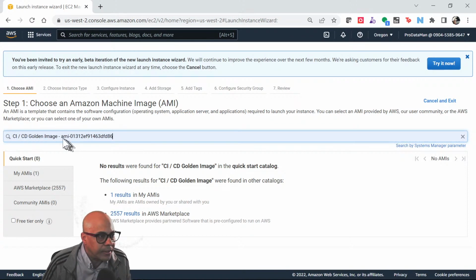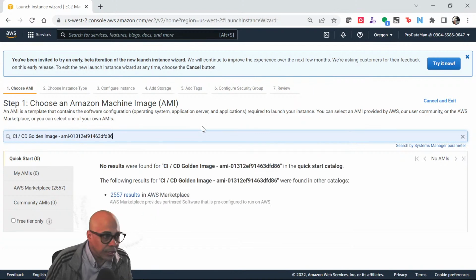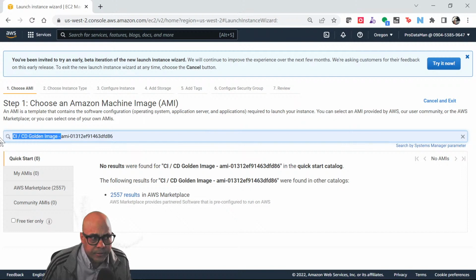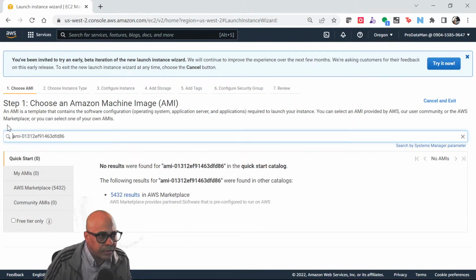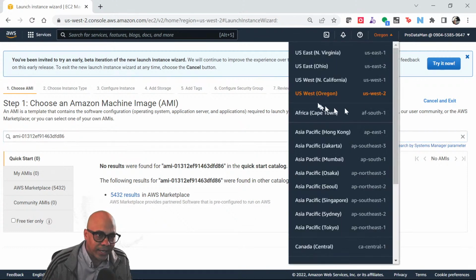Let's try that one. If this works, I'll drop this in the chat window. No? That's weird. I'm pretty sure that's the AMI ID. All right, my live demo didn't work out.